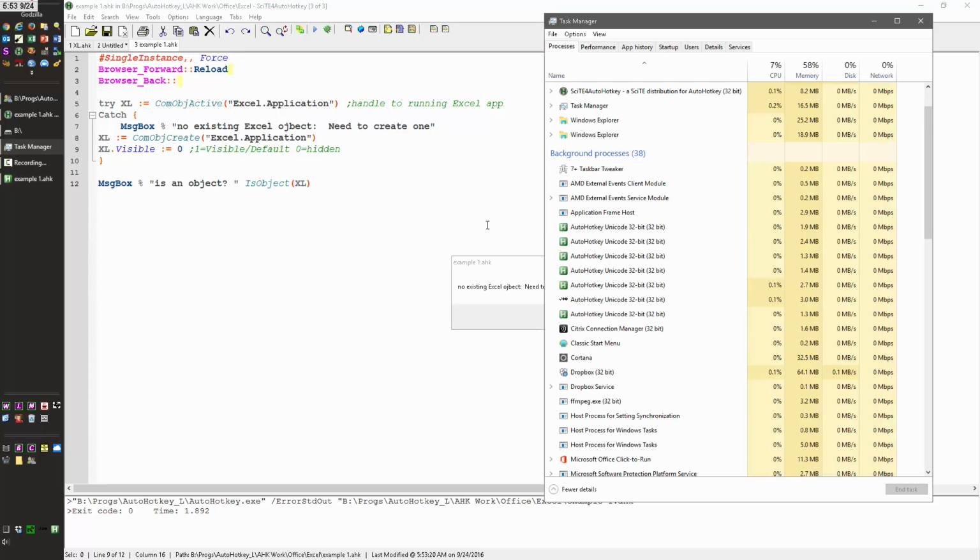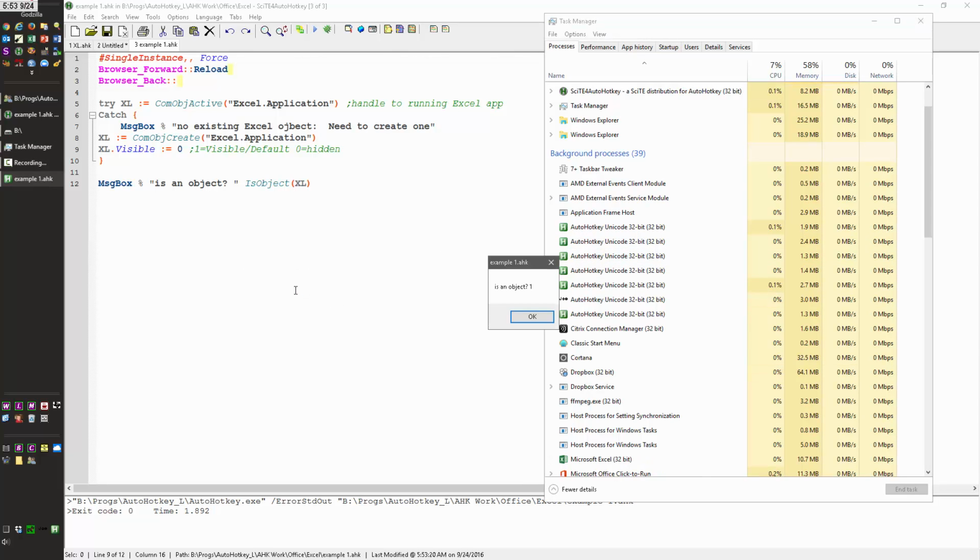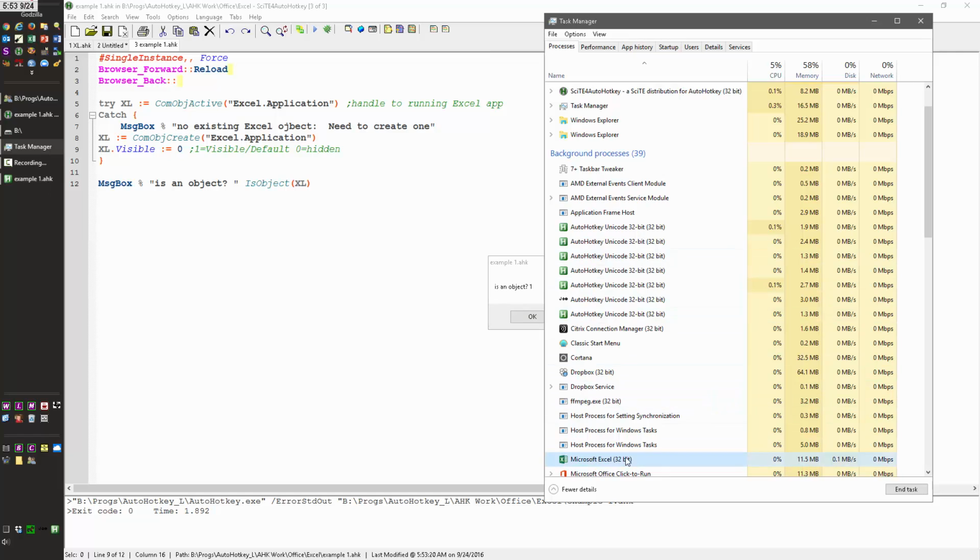But let me get back to Task Manager here. Now I'm going to hit OK. Notice there is no Excel, there's nothing over here. But over here, it's down here in this background process. I can't tell you how important this is, because the first time when you're doing this, you may forget to set Excel to being visible. And of course it doesn't show up here, and each time you do it, you can create